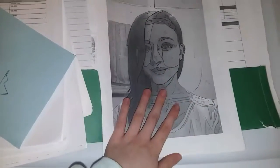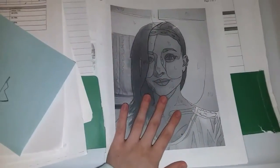It was insane, the way it turned out. I was so unhappy with it. And obviously now, I understand blending and stuff way better. But back then, I had no idea. And it's crazy because that was just 3 years ago. But that's just a picture of me. I had it outlined and everything, what colors I was going to fill in. I'm trying to go ahead and separate the